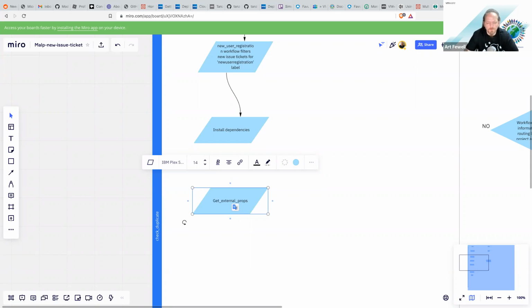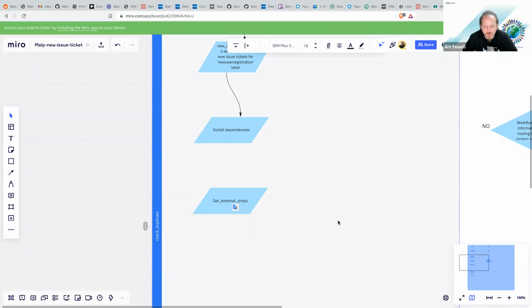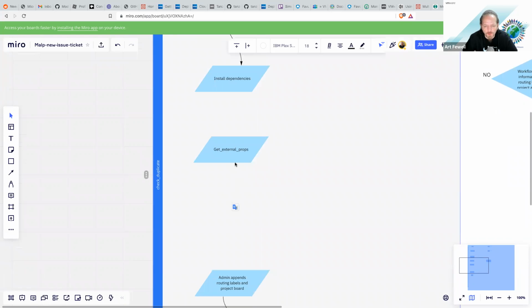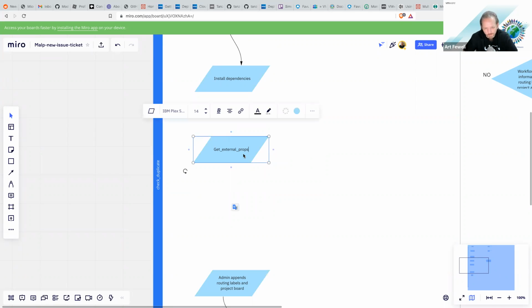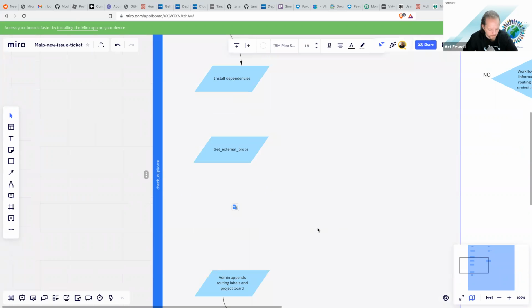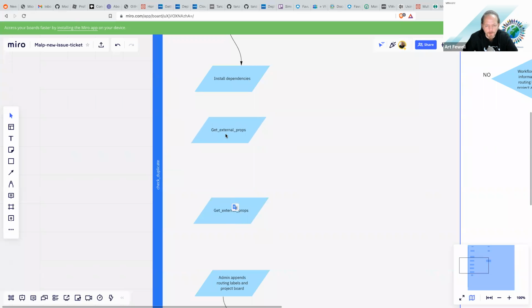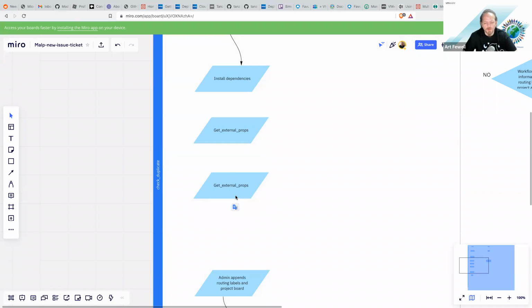So any type of property that we need to run to populate variables, we want to gather those. And then, I don't know how explicit I want to be. If I want to say declare variables, which kind of implies getting external props, but let's just be very explicit here. And I'll call those out as two separate steps since they are essentially two separate steps. We're going to get our external properties, any type of property that we want to gather, like curling the member record file, right? That's going to be a way that we're actually going to gather an external property. And then we're going to say